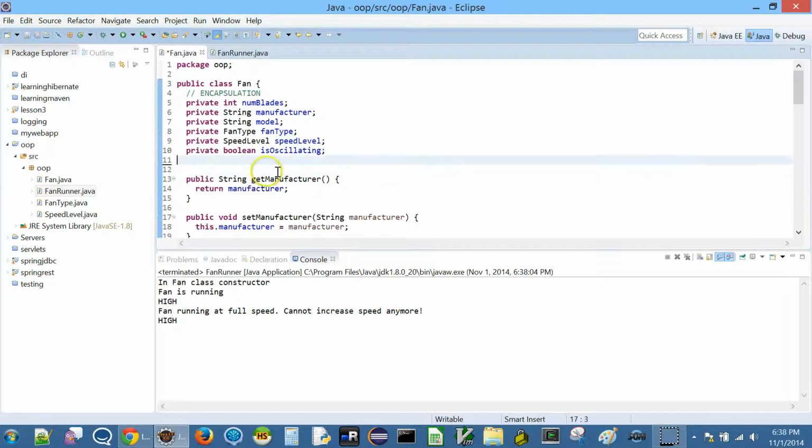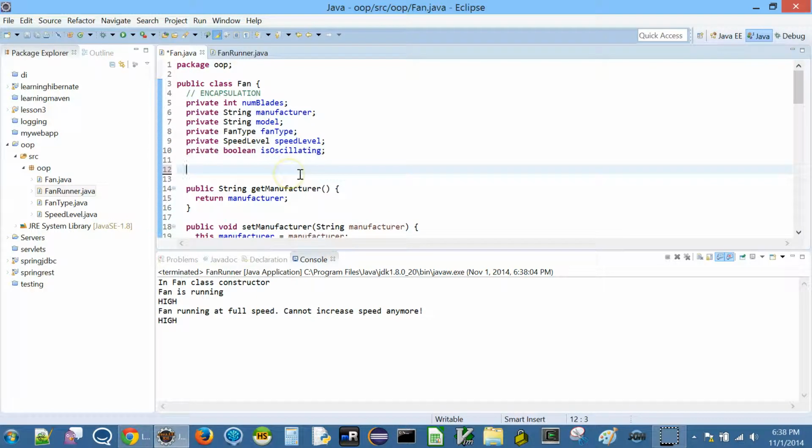Okay. And then we are going to enforce that anybody who creates a fan should know the number of blades. Okay, I'm going to say nBlades, and I am going to enforce them to send the fan type to me.